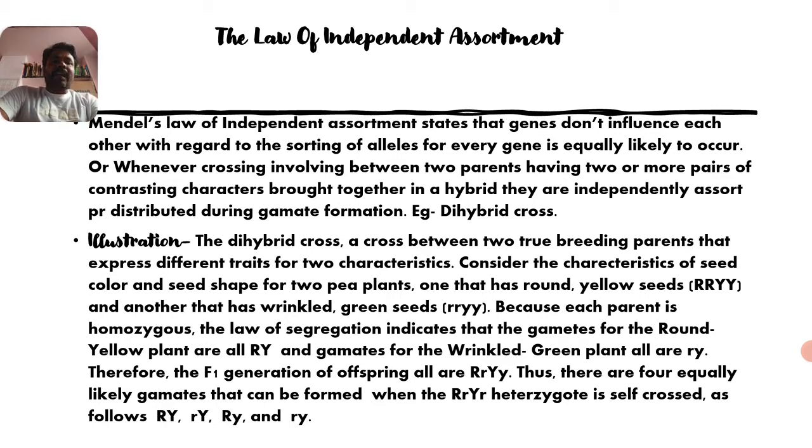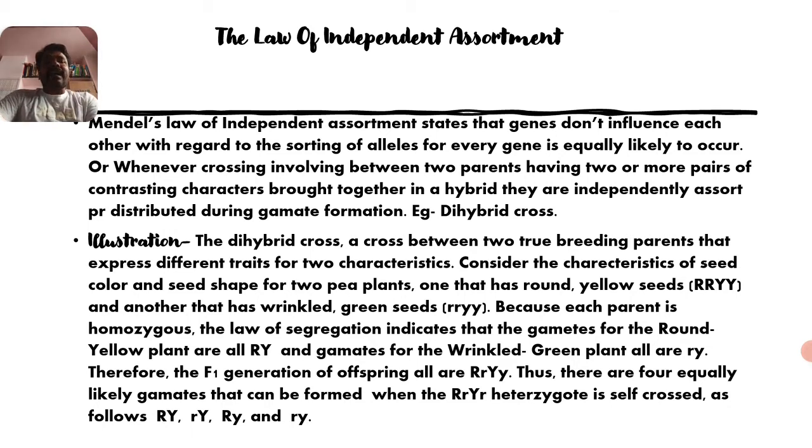It means that at the time of a monohybrid cross, capital TT is crossed with small tt. During that time, the gamete is capital T and the other one is small t. But here there are 2 pairs of contrasting characters, you know. So each gamete consists of 2 characters like R and Y, which represents the round with yellow seed, and the other is small r, small y, which represents the wrinkled with green seed. These are the 2 gametes formed at the time of gamete formation. They are segregated and separated from the parental plant, right?